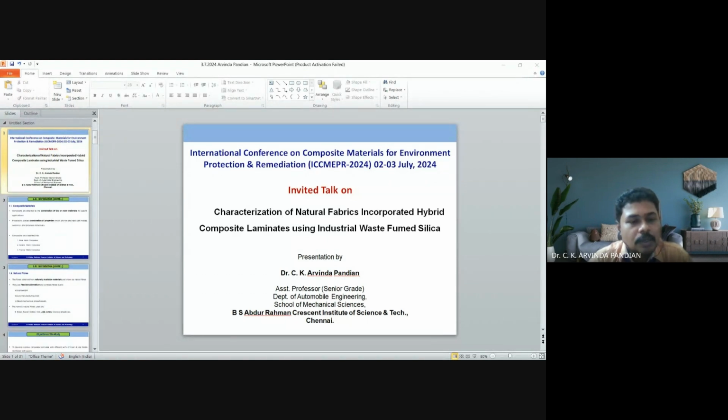So these are the laminates. There are 6 composites that have been fabricated, starting from J20L0 to J0L20, in which the layer pattern is changed. Starting from the first one, you can see all are jute, and subsequently the jute has been reduced by increasing the linen. In each composite, there will be 5 layers. So at the last one, you can find there are